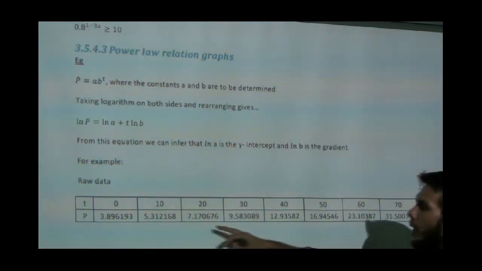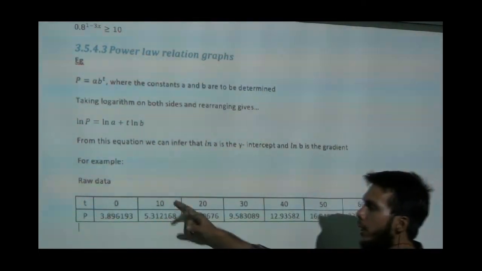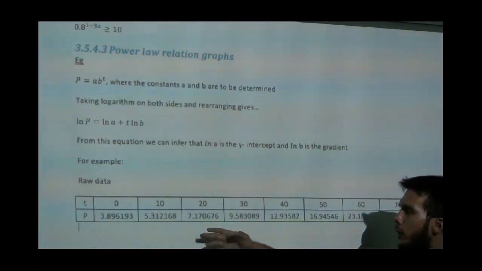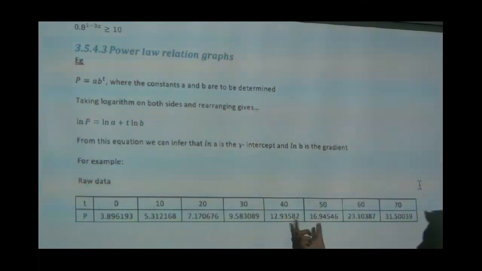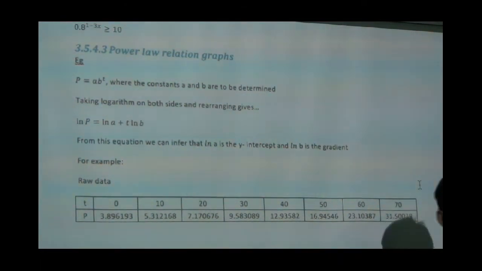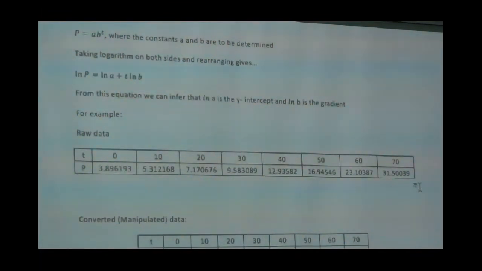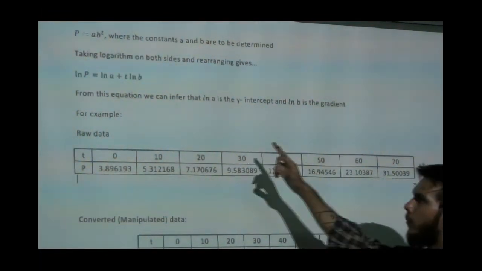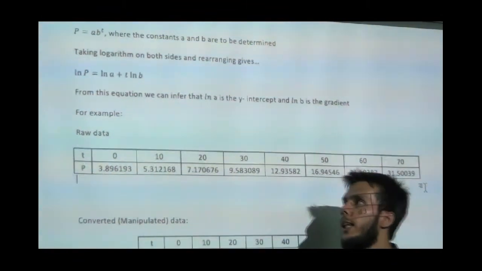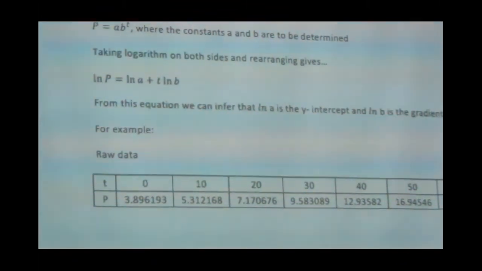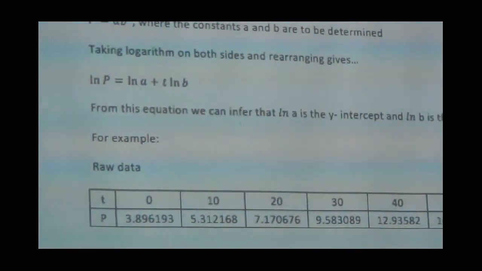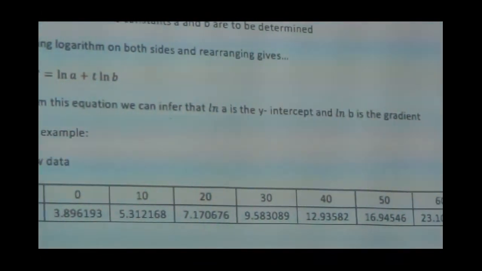almost too much sudden. यहाँ आप देख सकते हैं 0 पे 3.89, 10 पे 5.3 nominal, 7.3, 7.1, 9.5 no problem, यहाँ 12 तक भी सही, and then ये अच्छा खासा इंक्रीज होना शुरू होता है when you plot it on a graph paper. So what we do, we take ln of p, we take ln on right hand side, that is ln of a b to the power t. ln a b to the power t gives us